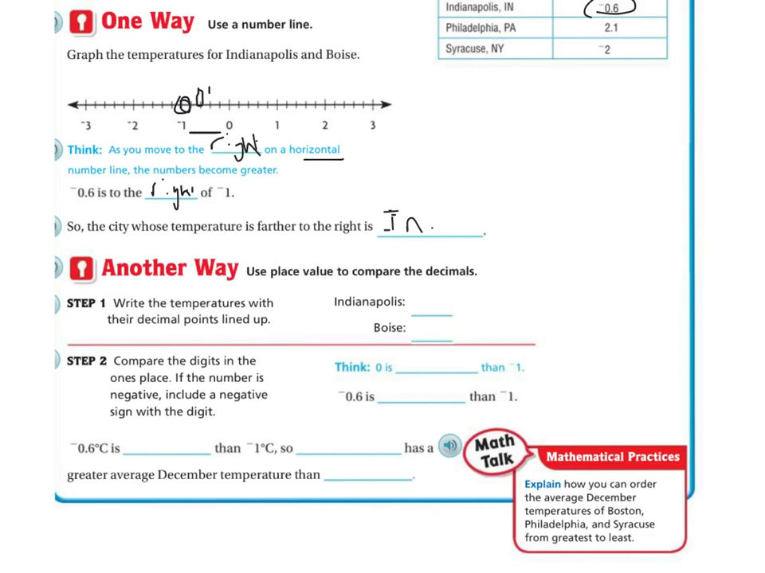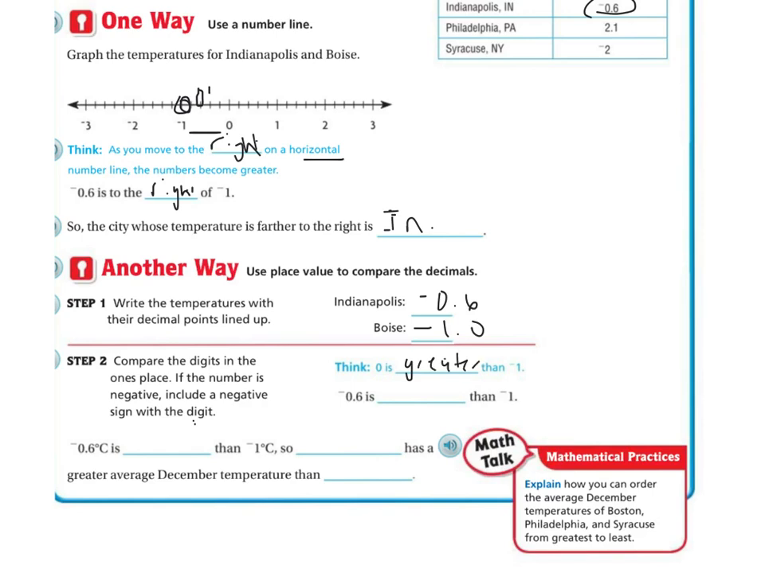Write the temperatures with their decimals on a line that points up. So Annapolis is -0.6 and Boise is -1. Compare the digits in the ones place. If the number is negative, include the negative sign with each digit. So if I'm comparing, think 0 is greater